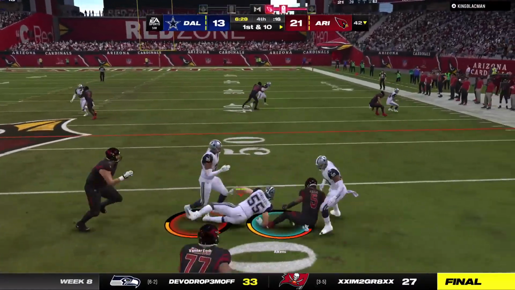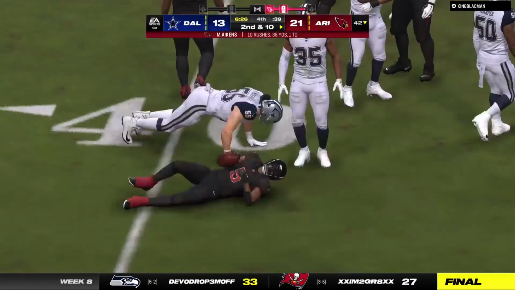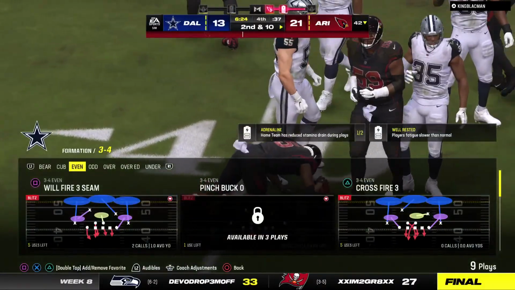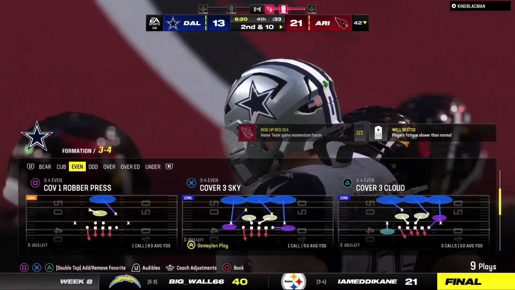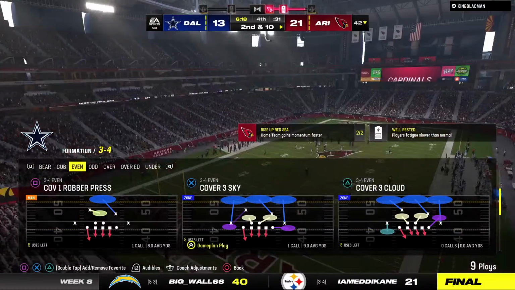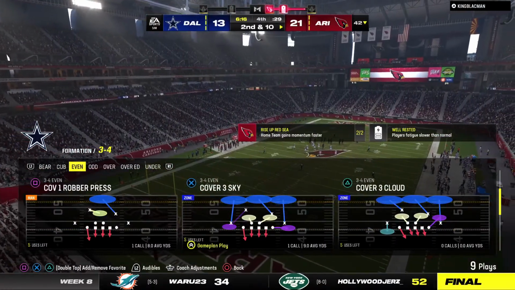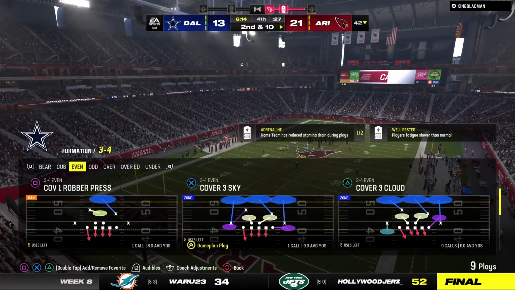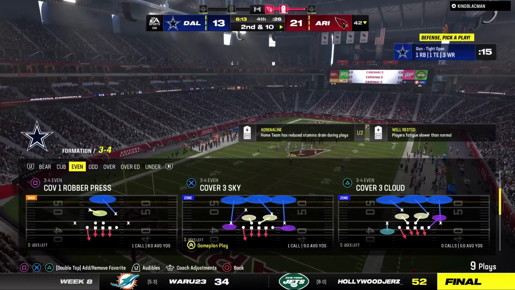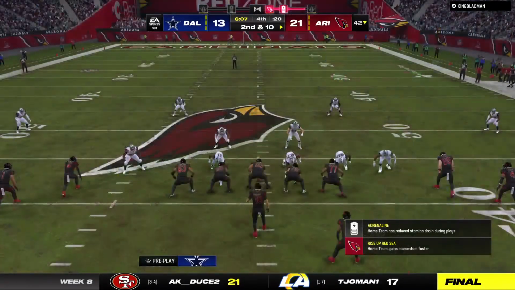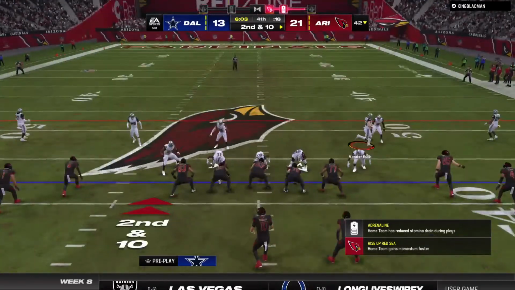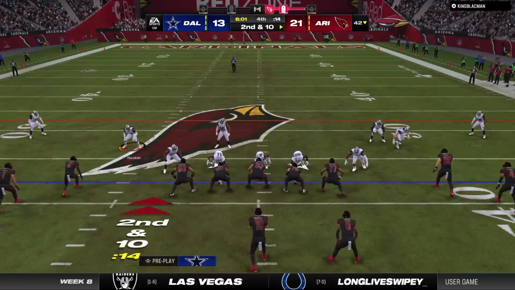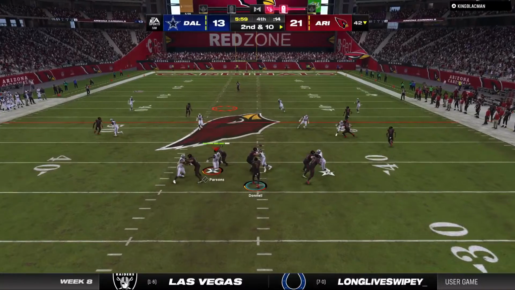Hands it off out of the gun. And they're going to stop it right at the line of scrimmage. Just no cutback lane to be found whatsoever. 2nd and 10. Run blitz there defensively, something we might see more of here in the 4th quarter. I think we'll see a lot of it. And the difference between that and a pass blitz, you're trying to get to the quarterback. You're trying to scheme someone open who will get to the QB and make sure he gets on the ground. In a run blitz, you're actually trying to cover up gaps, trying to cover up holes so they can't run